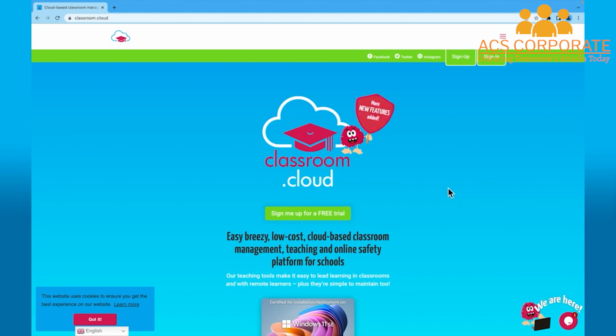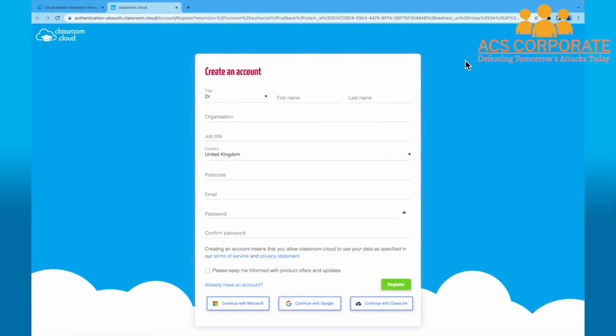And there are two main ways of going in and getting signed up. One of those ways is using Microsoft and the other way is using Google. So the first thing we're going to do is go to sign up. And you might think from this screen here, the first thing you'll do is start filling in all those details. Don't do that. We're going to be showing you first of all how to get yourself signed up using Microsoft